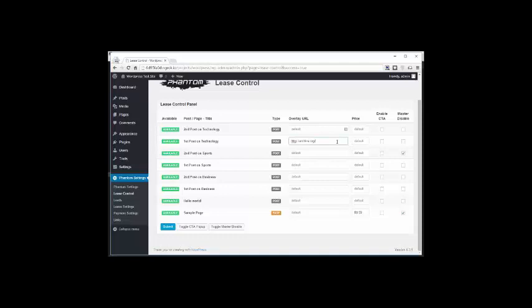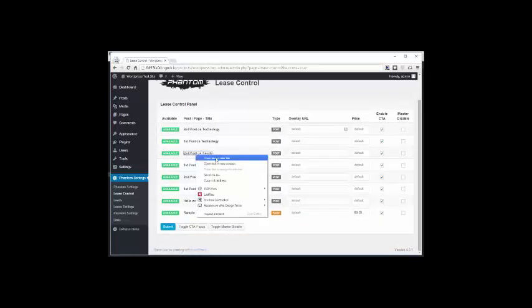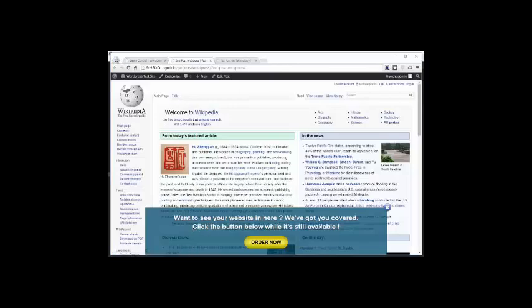Now what I mean by that is, if I enable this CTA, it's a call to action pop-up, which shows on every page that we enable, so that users can automatically lease that page and we can just sit back and watch the money flow. So let me enable that, and now whatever post we click on will display that pop-up, so you can see,